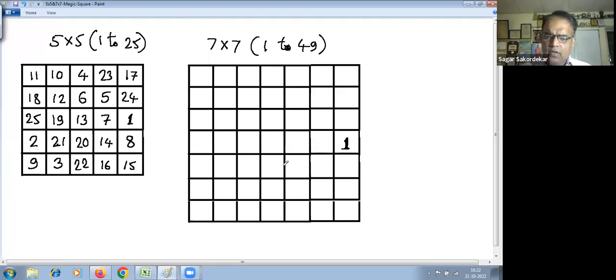Down right, out, 2 will come here. Down right, 3 here. Down right, 4 here. Down right, out, 5 will come here. Down right, 6 here. Down right, 7 here, down right occupied, left of current, 8. Down right 9 here, down right 10 here, down right out, so